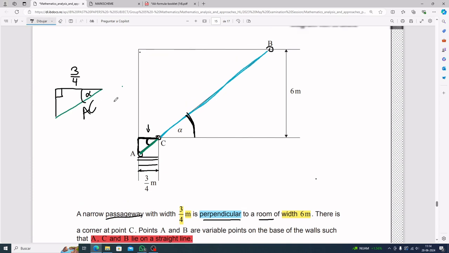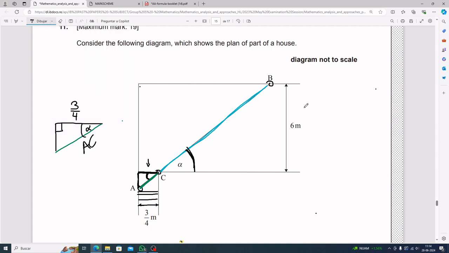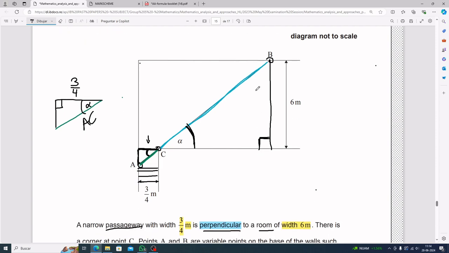On the other hand, we do have another triangle over here, right? Once we start thinking in right triangles, it's very easy to spot because this is 6 meters. Then that means that if you keep moving this line over and over, eventually you reach this guy here. And so, it's a right triangle. It's a room, right? So it's nice dimensions. This is a 90-degree angle. And so what do you know about this triangle? You know that this is 6 meters. You know that this angle is alpha, and that from here to here, you have the distance